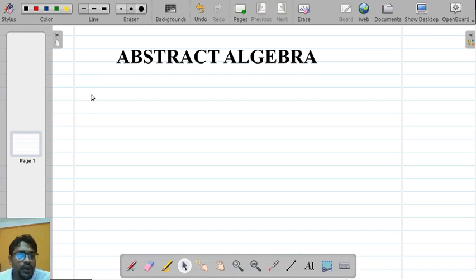Before I begin, let us get ourselves acquainted with what it is all about. Since our school days we have been learning algebra. Now here you have something called abstract algebra. So how are they related? Let us begin from the very basic mathematical operation, that is addition, say addition of natural numbers.